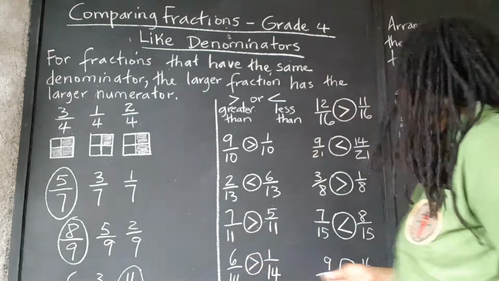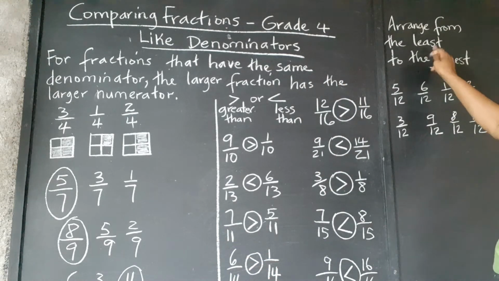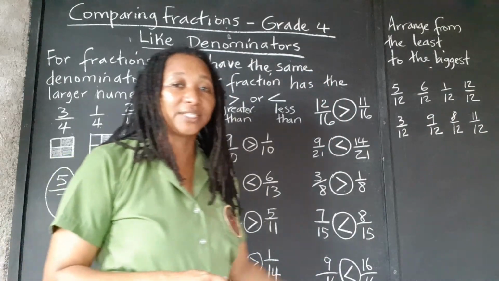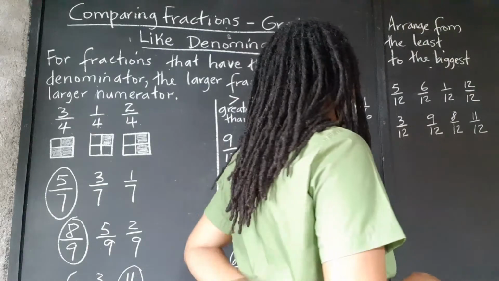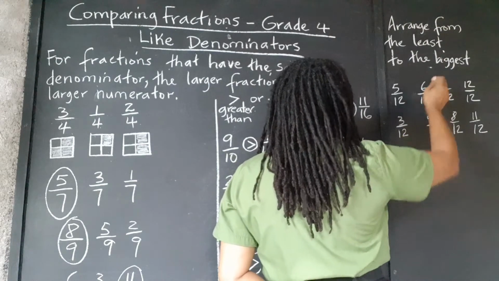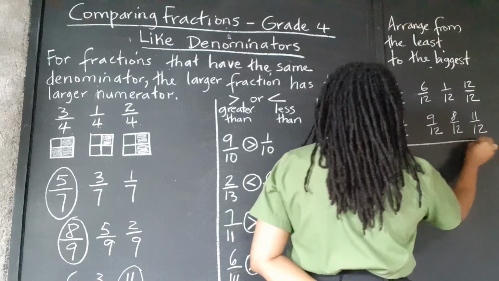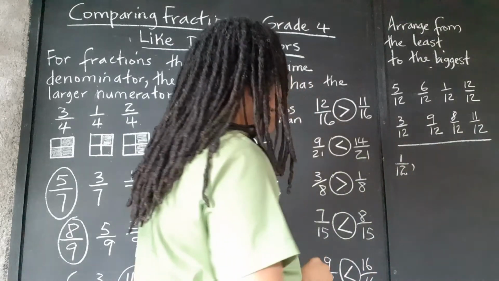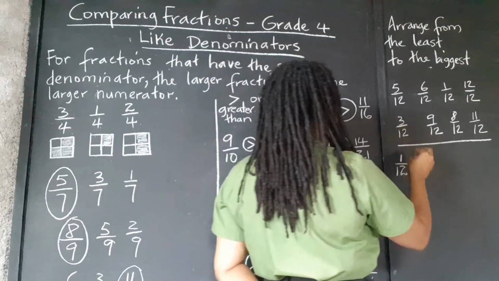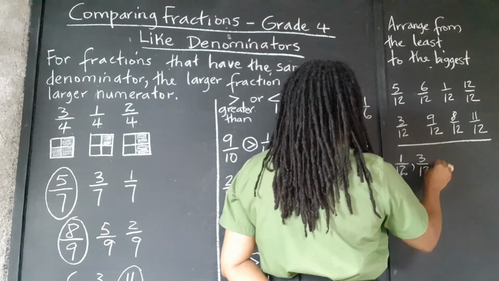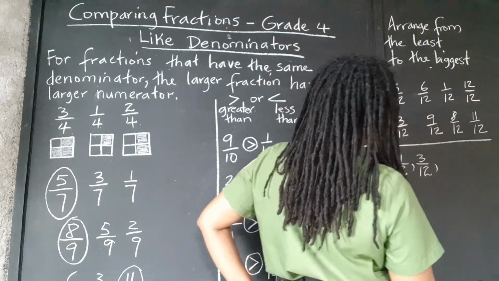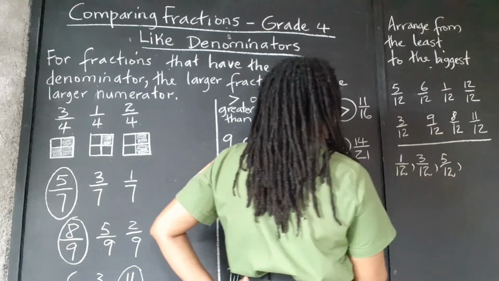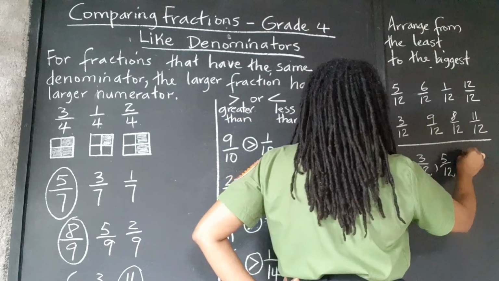So let's quickly arrange them from the least to the biggest, from the smallest fraction to the biggest of the set. So clearly 1/12 is the smallest fraction, so we're going to put that first. Then next in line would be the 3/12. Next in line would be 5/12, followed by 6/12,